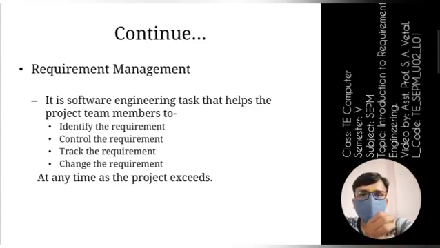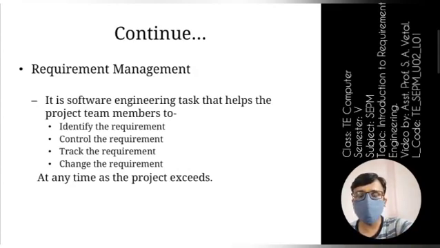Requirement management is also a very important part. It is the last function of requirement engineering, but it is important. It is a software engineering task that helps project team members identify the requirements.